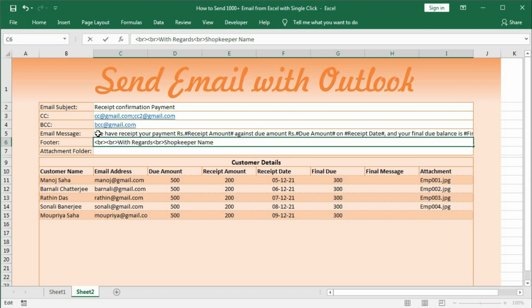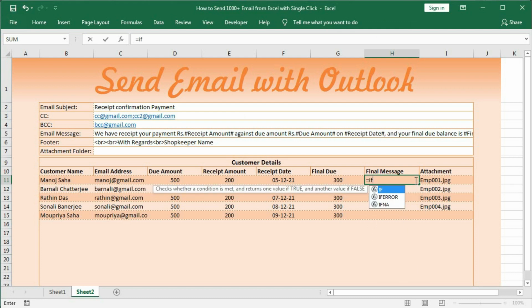And here if I want to use the name of the customer before the message and create a new line, so here we'll do that, equal to, if this cell is equal to blank, then blank, else. First we will use hi or dear, anything. So now I am using hi space quotation close and this cell, then and.